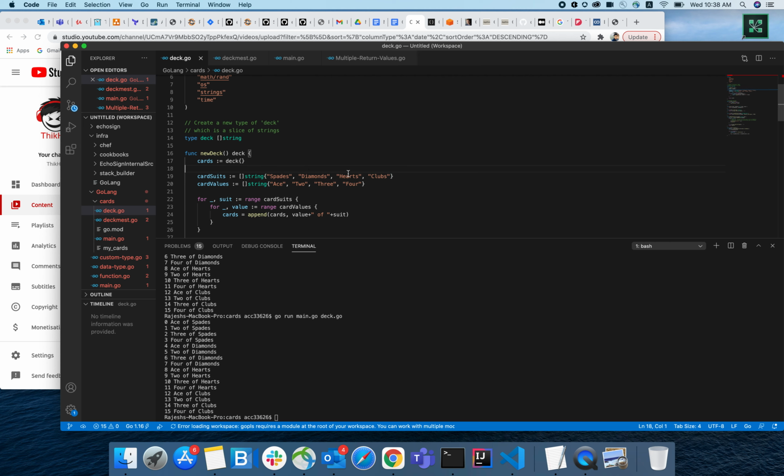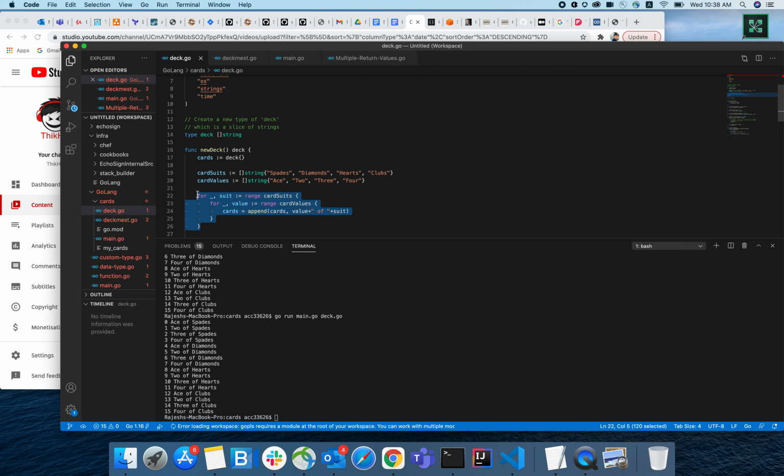First is the deck suit and second is the count, and after that I just iterate and append both values with "of". So it's populated here,